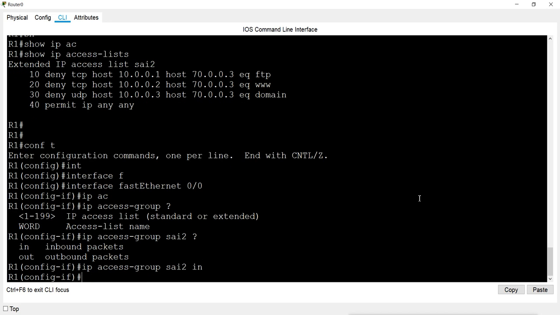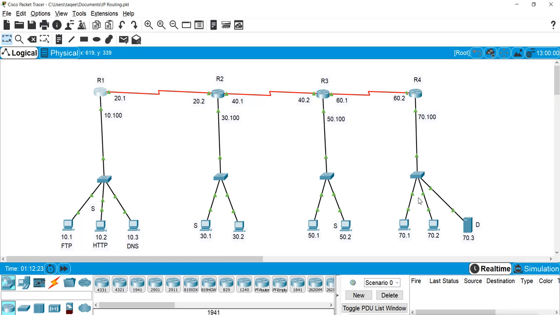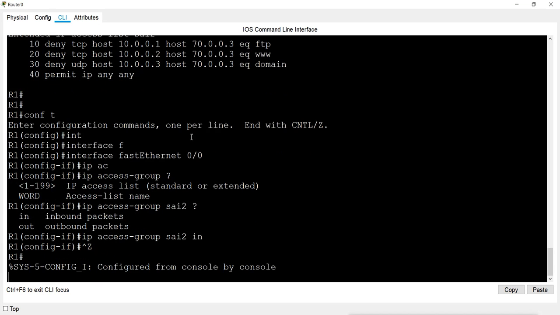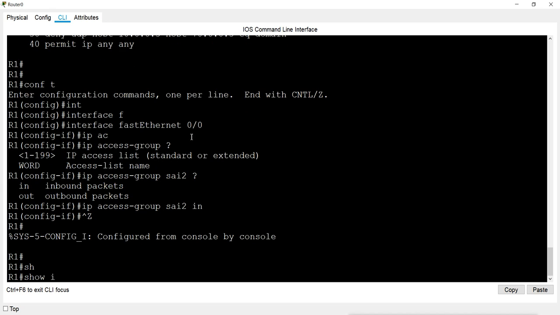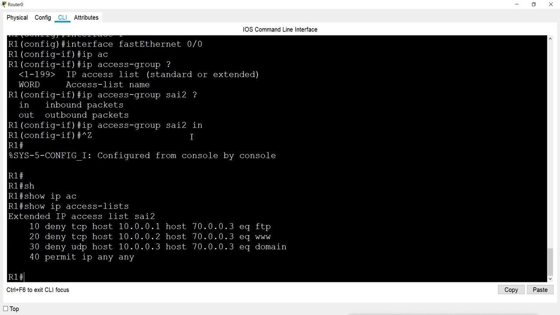So you have to be careful what is the inbound traffic and what is the outbound traffic, and always check the design for it. You have to check where is the source, where is the destination, and how the packet is traveling from source to destination. Only then you can understand which interface is having inbound traffic and which interface is having the outbound traffic. Now the list is applied. Now the list will start impacting, and it will start blocking or filtering the traffic whenever the traffic comes inbound through that interface.